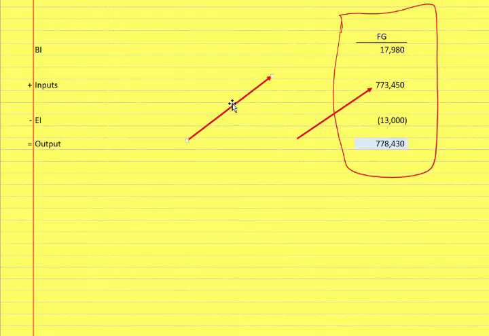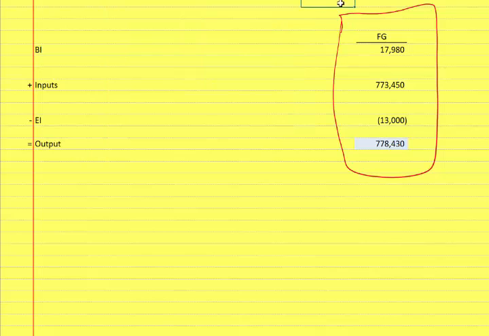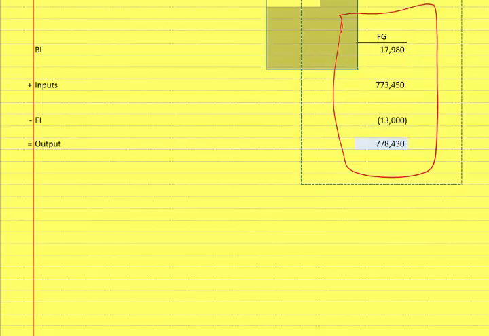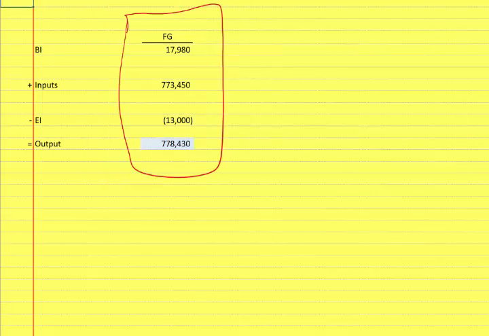Delete that. Delete that arrow there. And now let's just cut and paste that finished goods information right over there. So all of that information for finished goods is a dollar amount. That's the cost of beginning finished goods inventory, a dollar amount. It's the cost of goods manufactured, the input, cost of ending inventory, and cost of goods sold, the output from